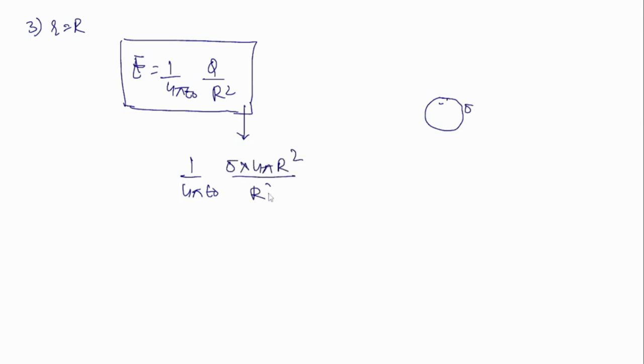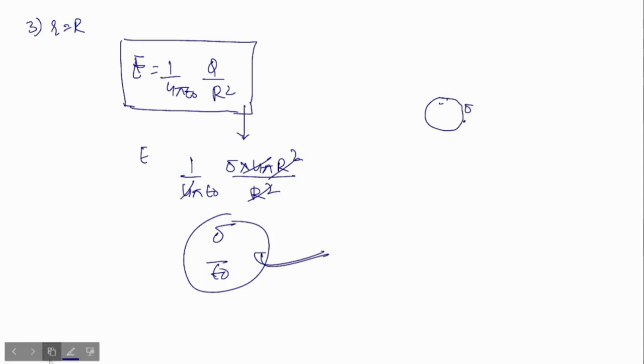So 4 pi cancels out, R square cancels out, and you get sigma upon epsilon naught. We have got this electric field over there as well, and this will be the maximum. So this is all about